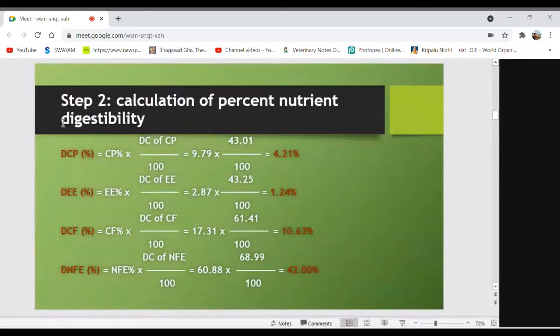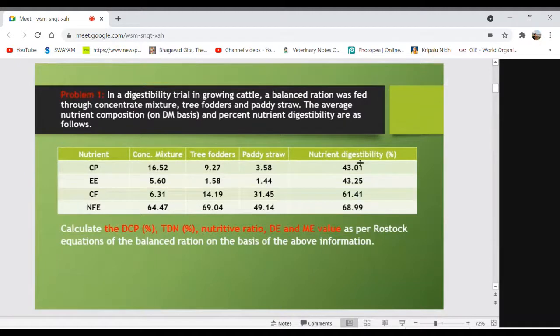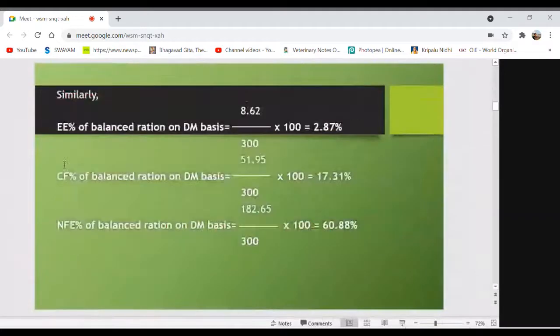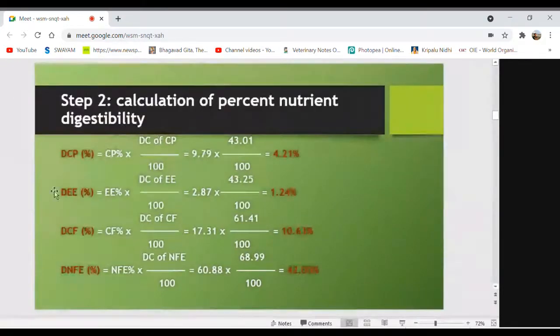Digestible nutrient percentage. DCP means digestible crude protein percentage. Here, nutrient digestibility means the digestibility coefficient of a nutrient, and the digestibility coefficient of a nutrient and digestible nutrient are different. Nutrient digestibility and digestible nutrient are two different terms used in animal nutrition, and both are different. So after calculating the percentage of different proximate principles, this way you can very easily calculate the digestible nutrient